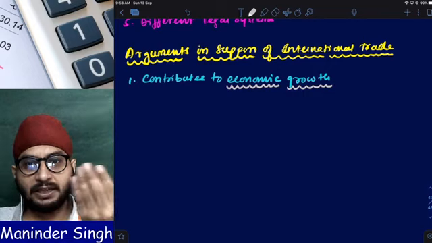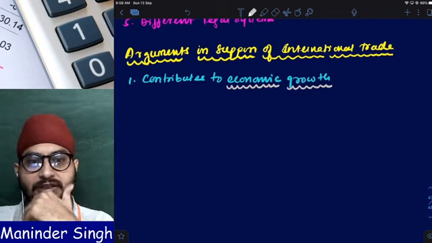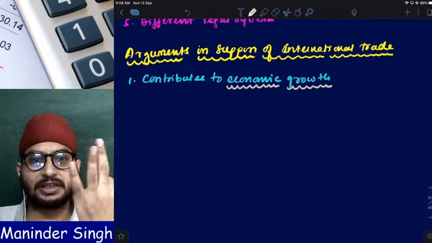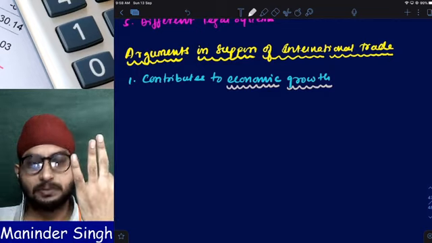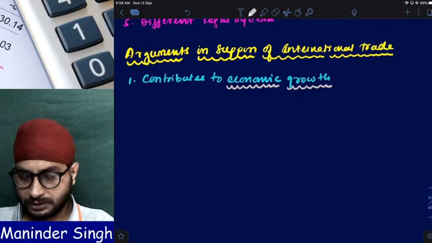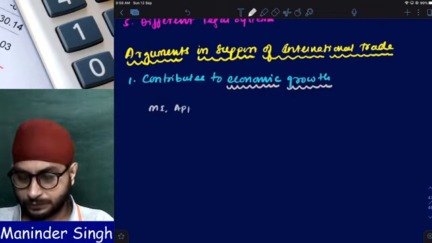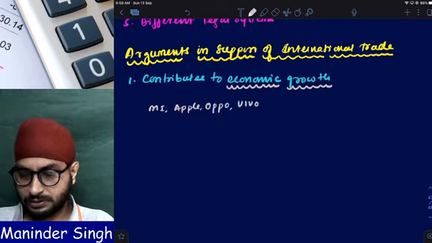Employment will be very high, or employment in this sector will be very less. Employment in this sector will be very less. Why? Only three companies, right? Only three companies. But today, sir, MI is there, Apple is there, Oppo is there, Vivo is there, and what else? What are the other companies? Samsung,